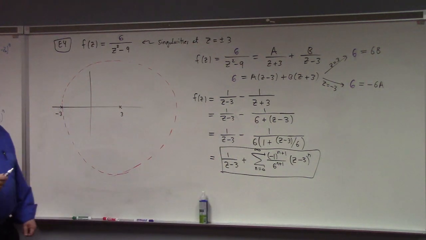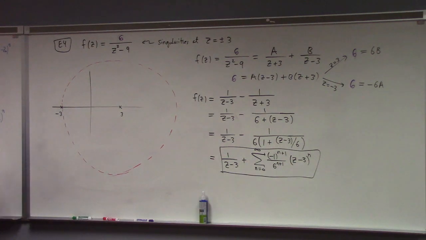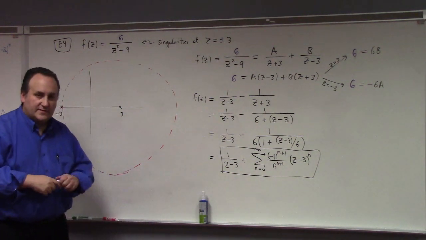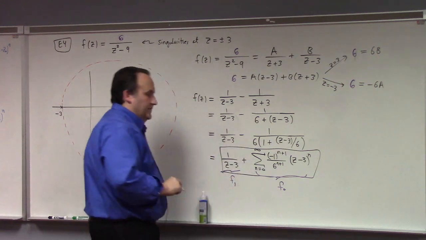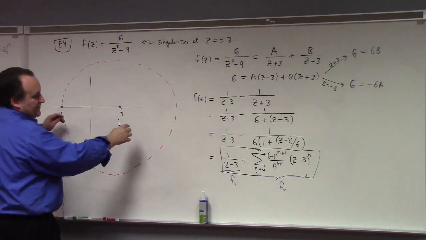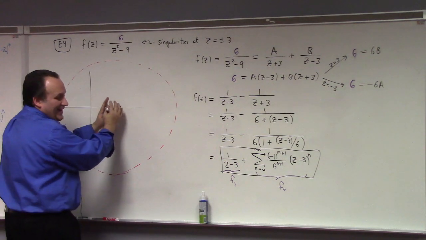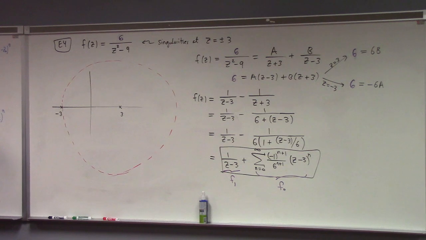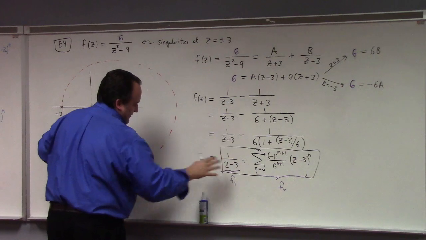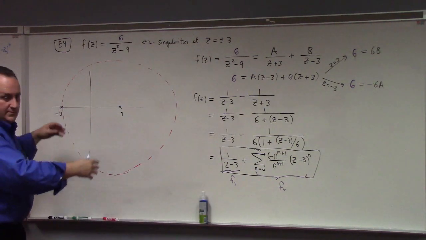That is the Laurent expansion for f of z inside the red dotted circle. All right? Notice, by the way, this works exactly as the thing I was talking about at the start of class. Do you see this? This right here is my f0. This right here is my f1. Do you notice that 1 over z minus 3, it is holomorphic on the entire complex plane, all the way out, even at infinity. Okay, at infinity it's not holomorphic, is it? Wait a minute. Yeah, no, at infinity it's holomorphic. Okay, so the f1 goes on out, all the way out, and f0 is